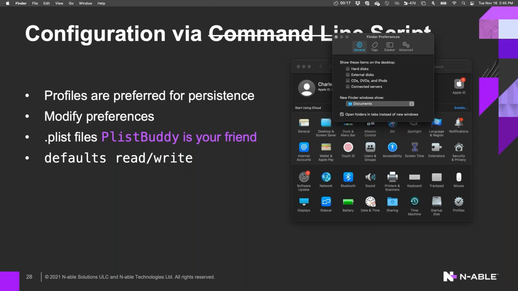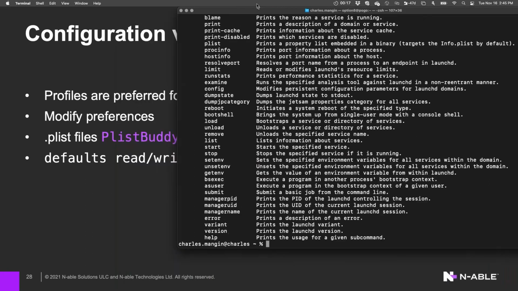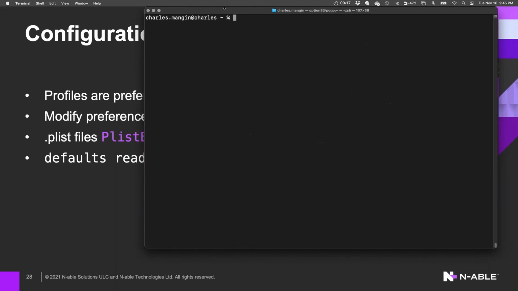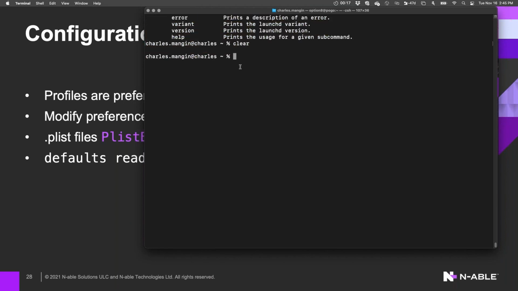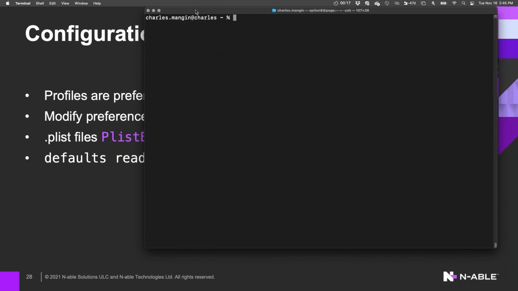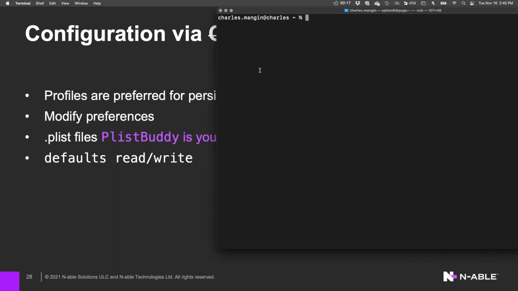I won't go into that right now, but I will show you how to do things with defaults. The way to do that is with the defaults command, which is just defaults.